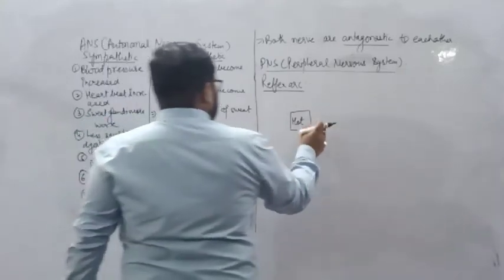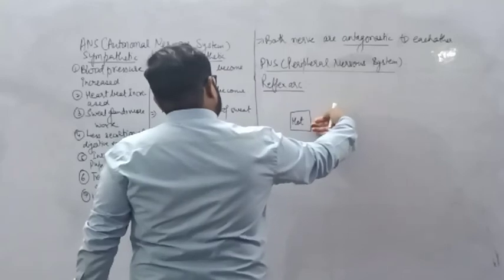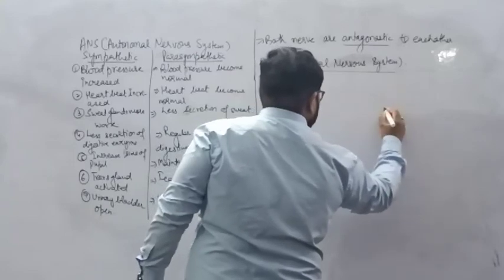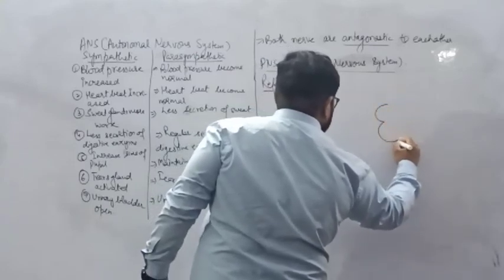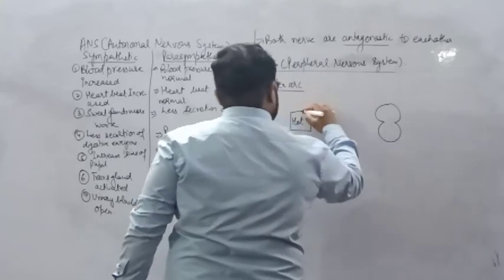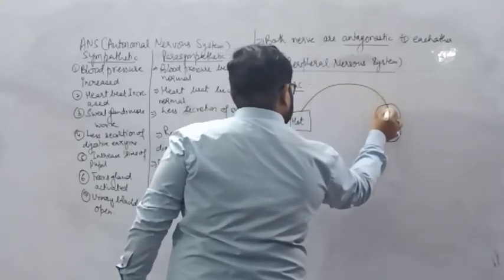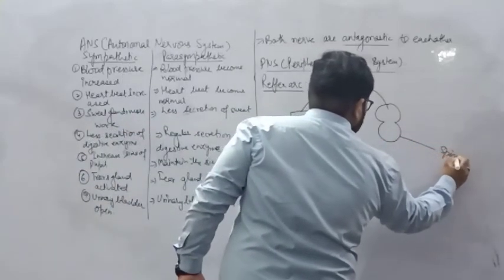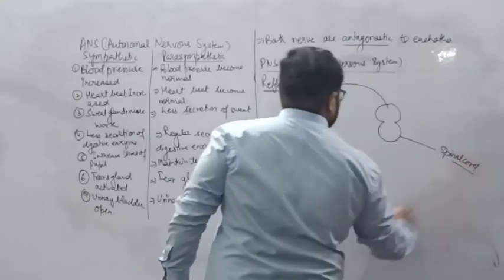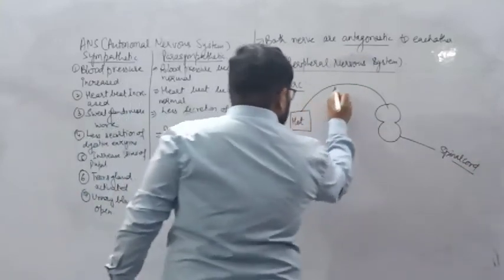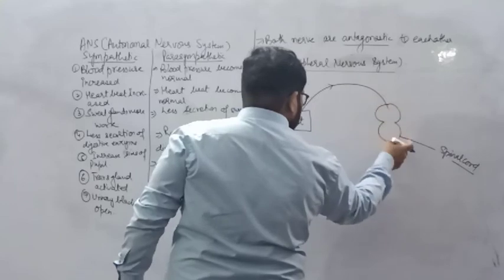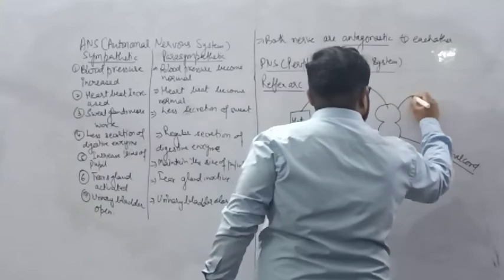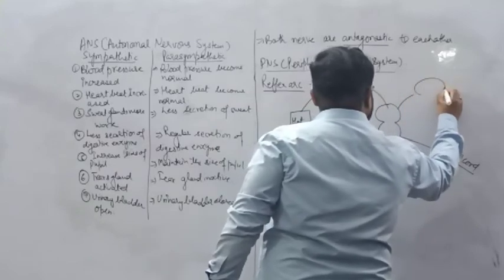Okay, when I touch it, some nerve will transmit the impulse to the brain. So suppose that here is a spinal cord. The impulse will be transmitted and come to the spinal cord. This one is the spinal cord. So here the impulse will be transferred and come to the spinal cord. Later on, this spinal cord is attached to our brain,